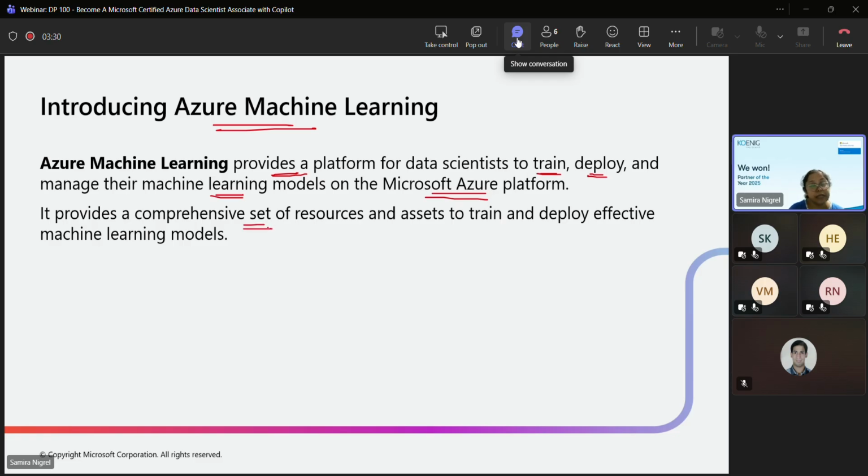It provides a comprehensive set of resources, the various resources required for training along with the assets, to train and deploy machine learning models effectively. And this is available over the Microsoft Azure platform.